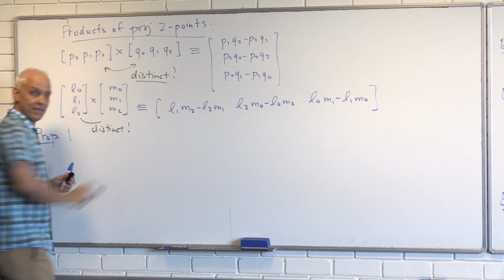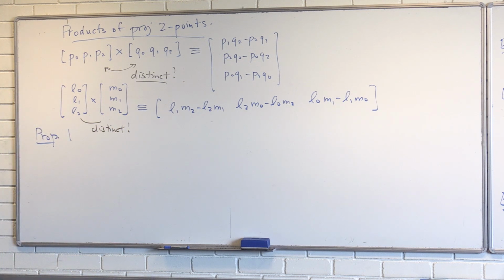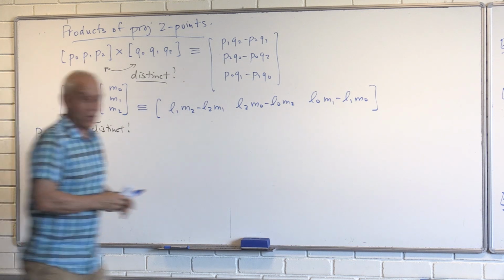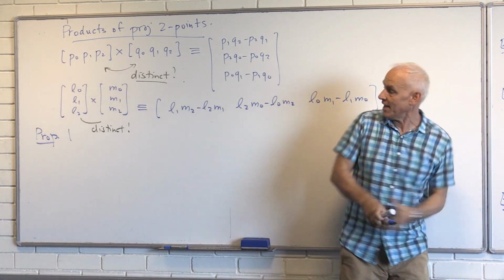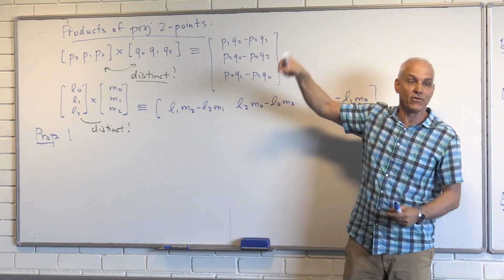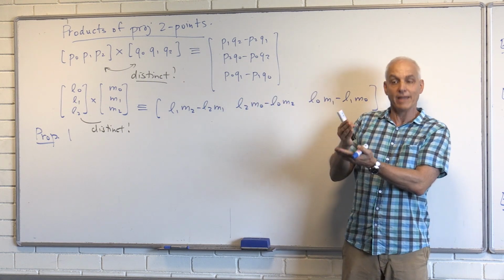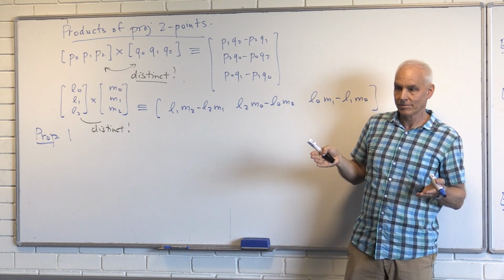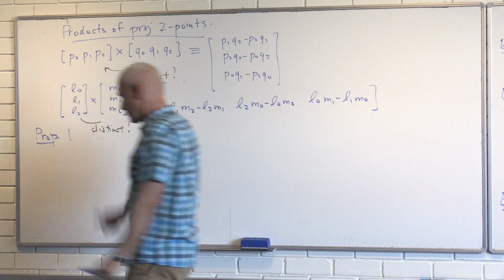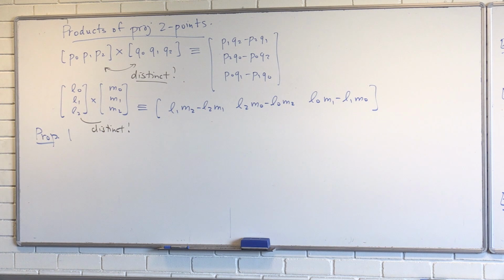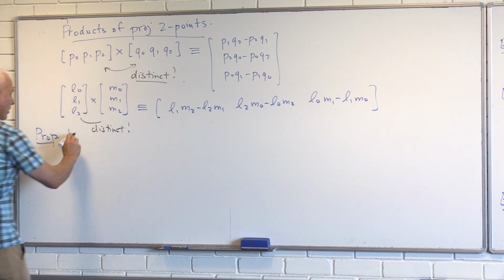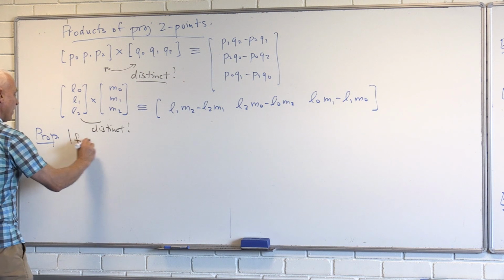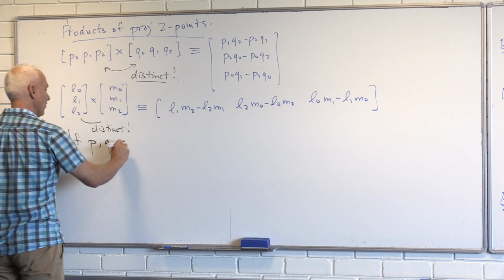They have to be distinct projective points, because otherwise what we've just done over here shows us that the right-hand sides are going to be 0, 0, 0, and we said that's not allowed when we're talking about projective points. So if P and Q are distinct,